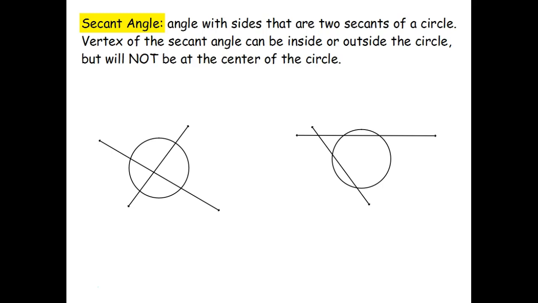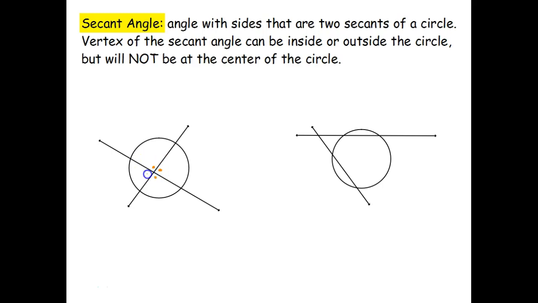So we already know how to find central angles. What we're talking about is when it's not at the center of the circle. And this will certainly work if your vertex is at the center of the circle, but this formula won't work if you are... I don't know what I'm trying to say. Anyway,